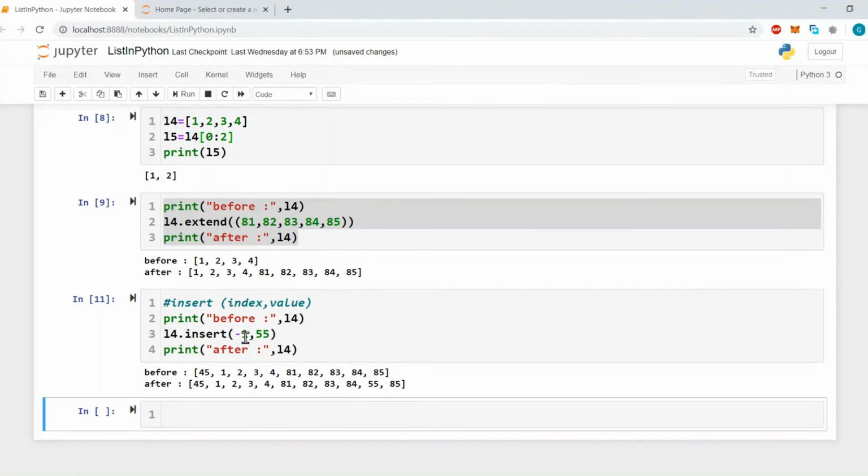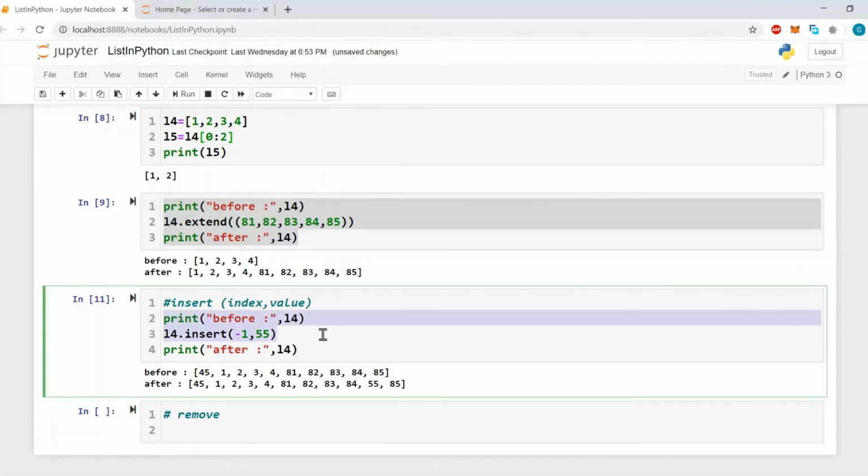Most of the time, in the slicing tutorial, we will see that negative represents the reverse direction from the end. Next method, that is remove. Remove will remove an element from the list. Here we don't have to specify the index, but we have to specify the value which we want to remove.